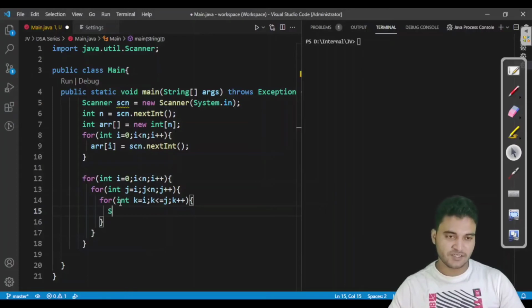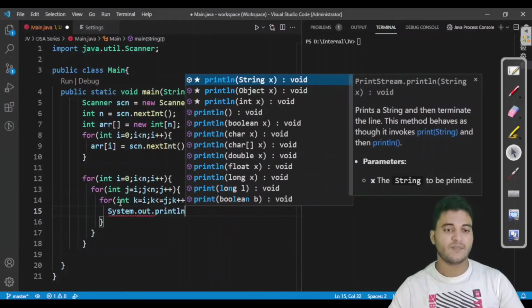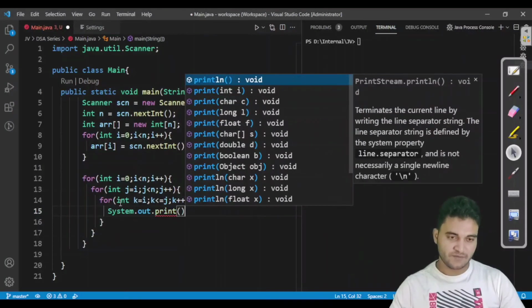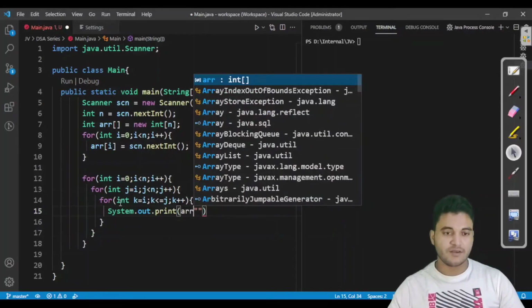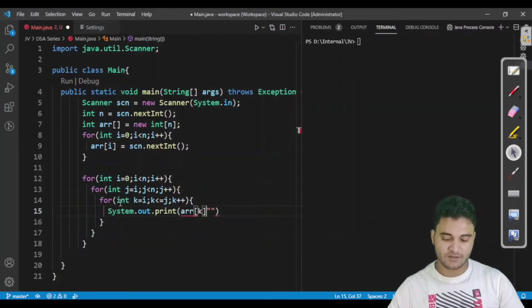Here I just have to print elements, so I will use the print method and arr of k. I hope this is understandable by you, arr of k, why I have written like this. If not, then you should watch my linear search algorithm problem. After printing the elements in the range of i to j, we have to break the line also. So I am breaking the line here.